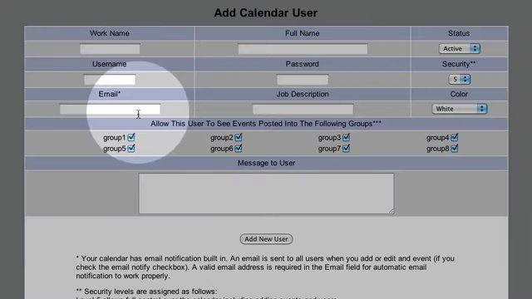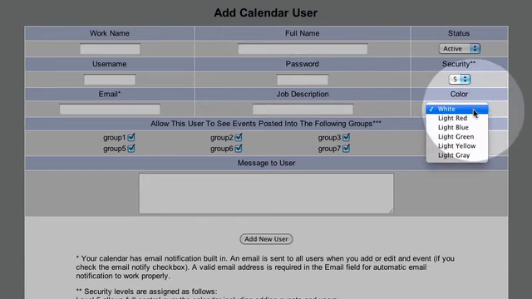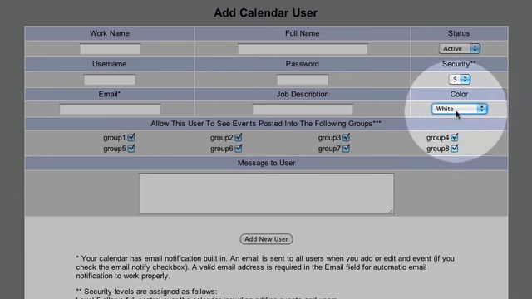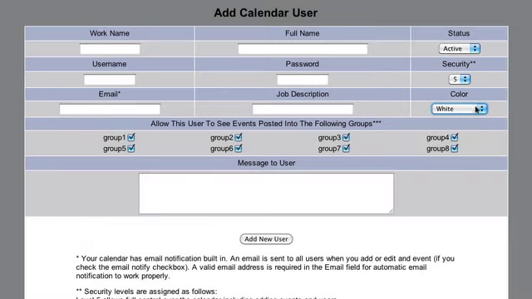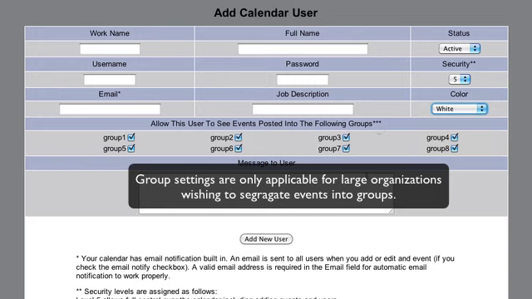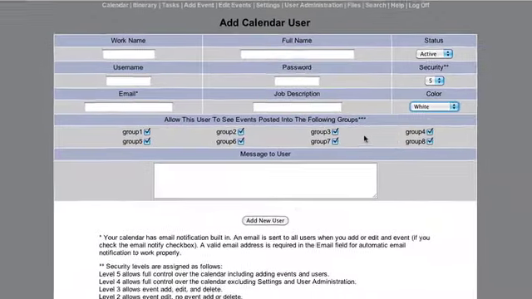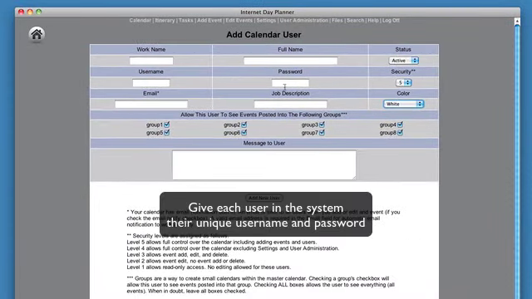You want to put the user's email in here. Where this is important is if you turn email notification on, it's going to send the notification when events are added or edited to this email here. Job description is optional. Color, you have the option of assigning a different color to every user. I recommend leaving this white. This group section here is for large groups. I would say if you don't have 50 people, I wouldn't even worry about this. Just leave these all checked,